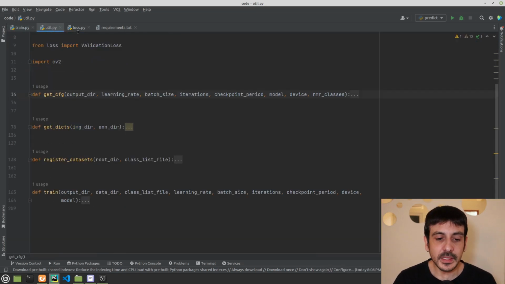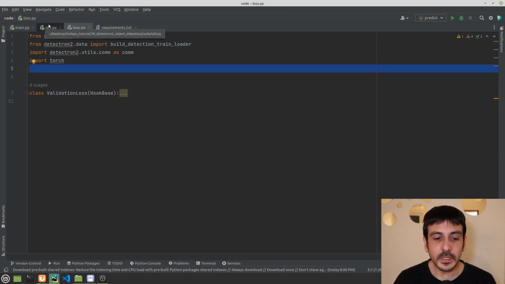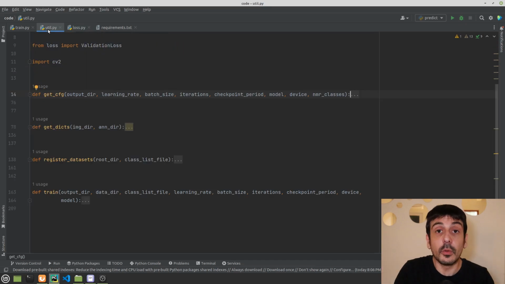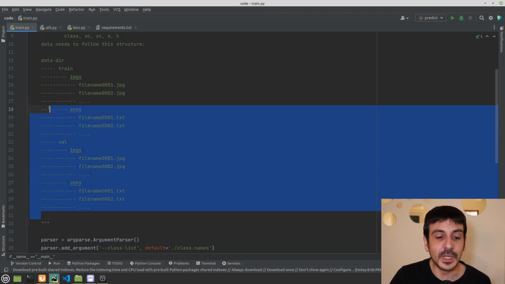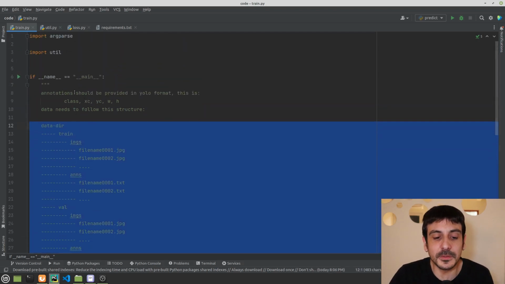In the util.py and loss.py we have many different functions, and we also have a class definition. We have a lot of code which already handles the entire training process, already handles parsing the data, already handles everything. So the only thing you need to do in order to make this training process work as expected is to put the data into this format. To put your file system into this format too, you need to put everything as it's specified in this docstring. So let me show you.